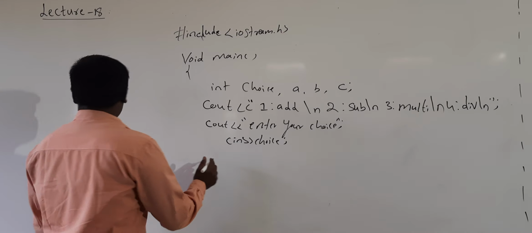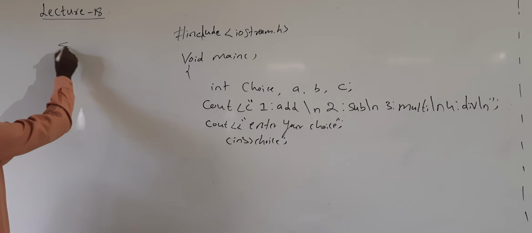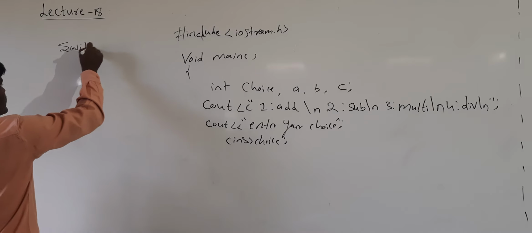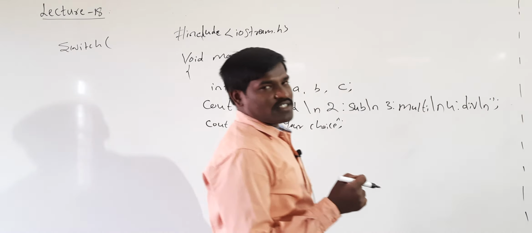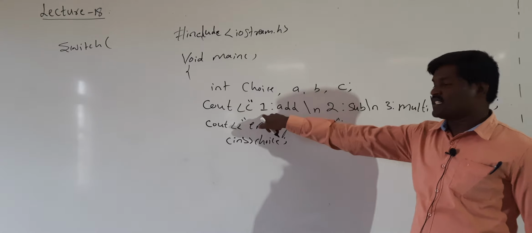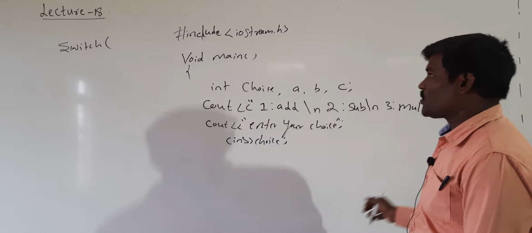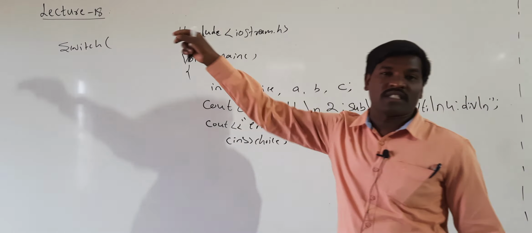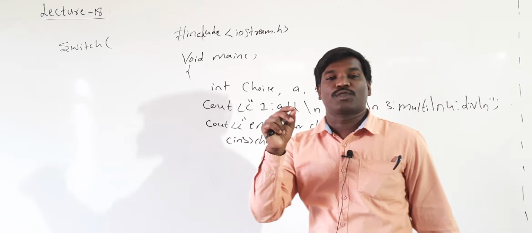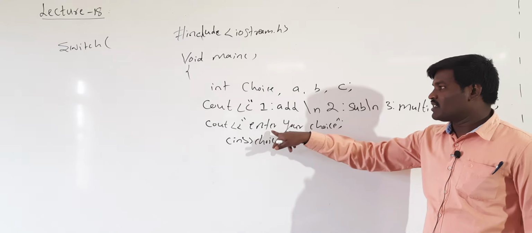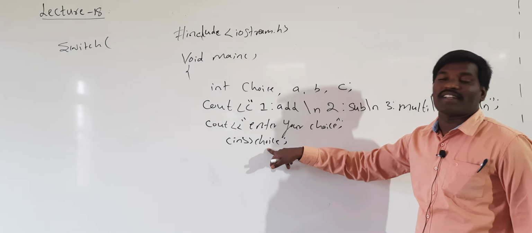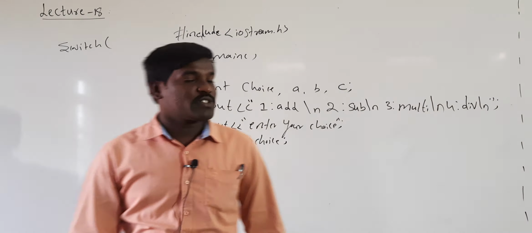Okay. Next, I have to write switch here. I already said that based on the choices we have to execute the switch. It means here in the options I have to give 1, 2, 3, 4. Whatever we mention within the parentheses should be an integer value. So whatever option we choose is stored in choice. That's why switch of choice.